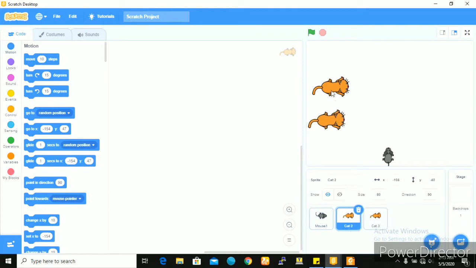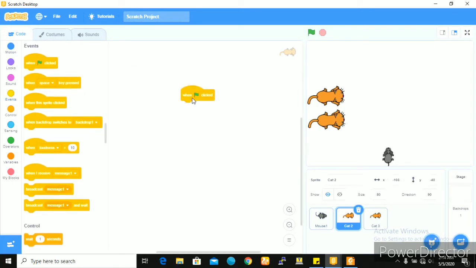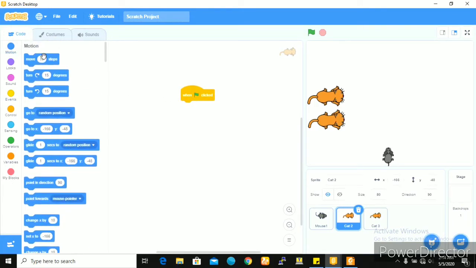Now that is smaller. Okay, so I want both cards to move at different paces, and I want them to move in different directions. So for card 2, the code will be: when flag is clicked, move 10 steps. I'll change this 10 to 5 steps. And if you're on the edge,